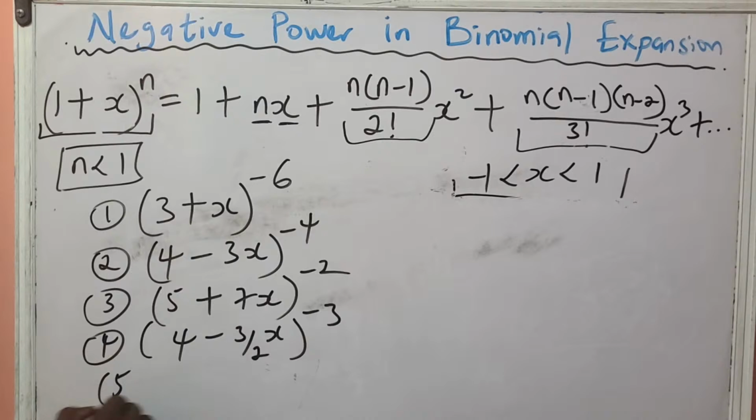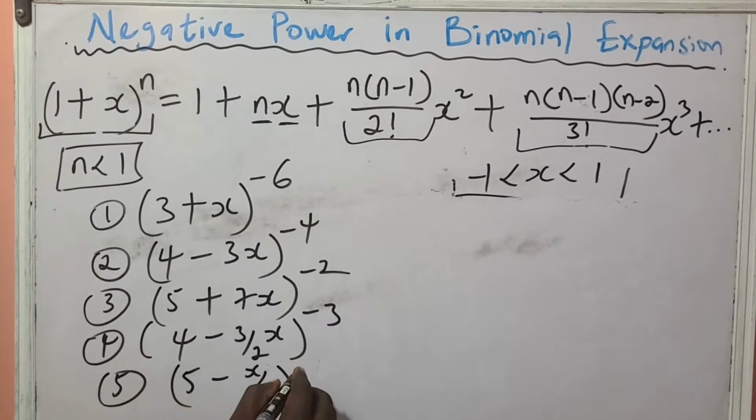And the fifth as 5 minus x over 2 raised to the power of minus 5. Once you are able to successfully solve these 5 questions, I don't believe there is